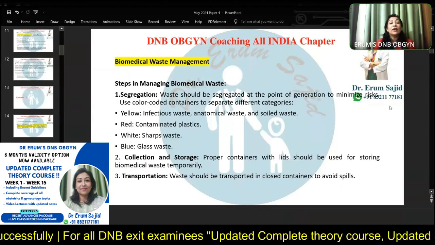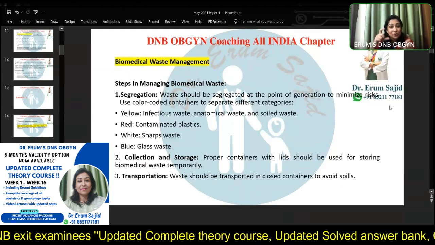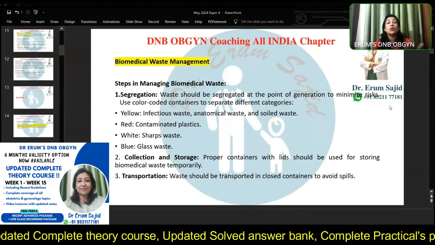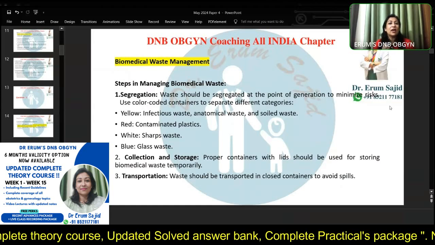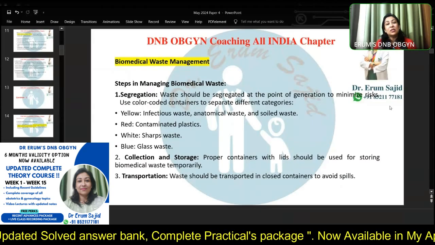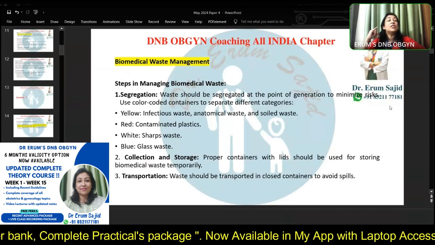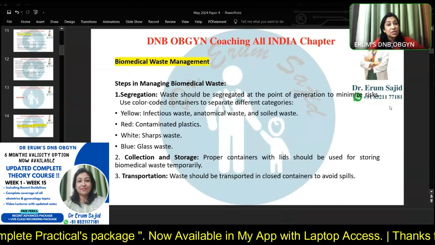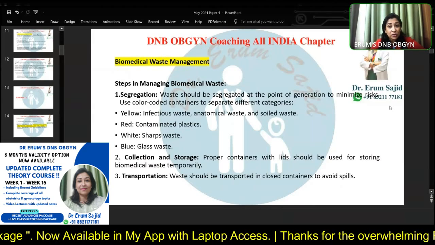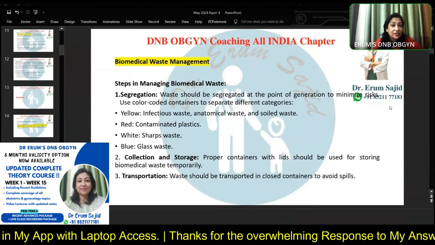And white is for the sharps. And the blue one is for mostly the glass. So those ampules which come in glass, they are going in the blue one. So usually the sisters are the ones who use these. But the doctors, they're using the gloves and throwing away the pap smears, either the spatula or everything that you can throw in the yellow one. So first of all, segregation is very important. Then collection is very important. Then storage is very important. Then transport has to be proper, because you see that every hospital, if they're having incinerators, that's fine.